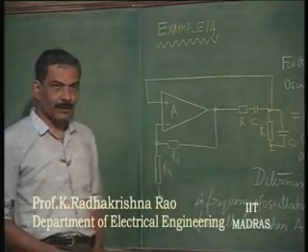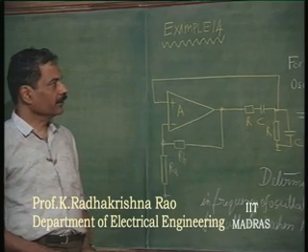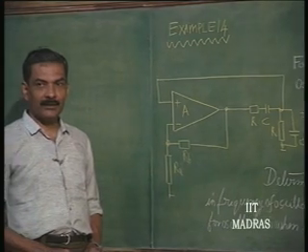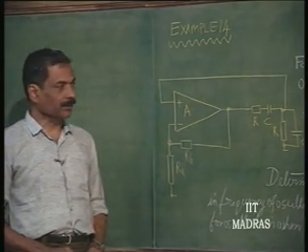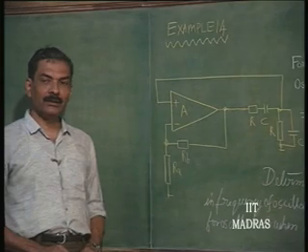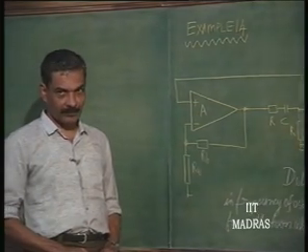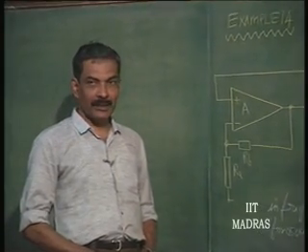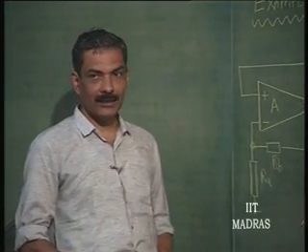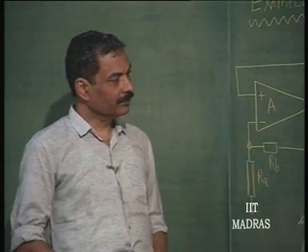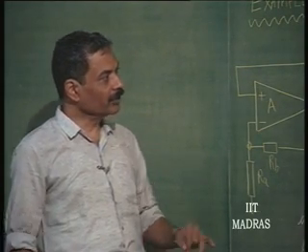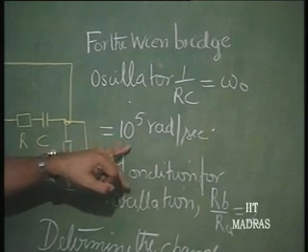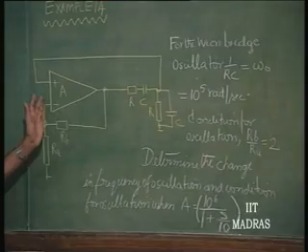We will take another example, example 14, in order to illustrate something about frequency stability or frequency instability in oscillators. Example 13 was an LC oscillator, and we saw that the frequency stability was very good if the Q of the LC network was high. We had chosen the frequency of oscillation of example 13 to be the same as in the current example, which is a Wien bridge oscillator,